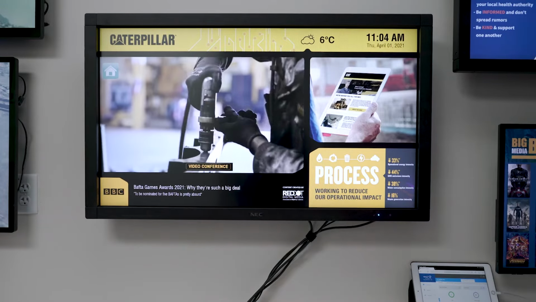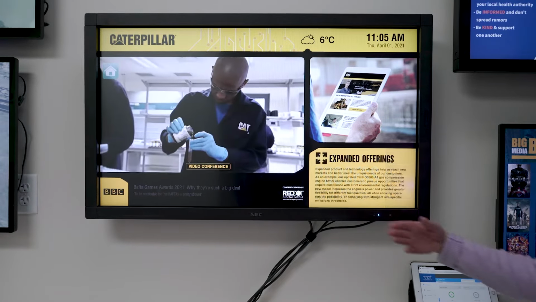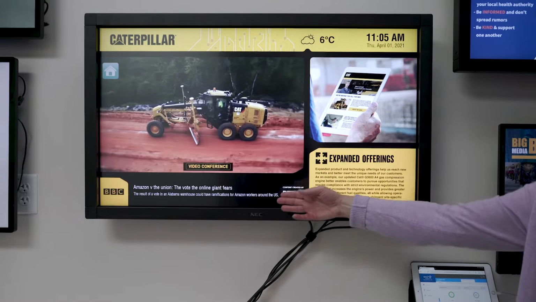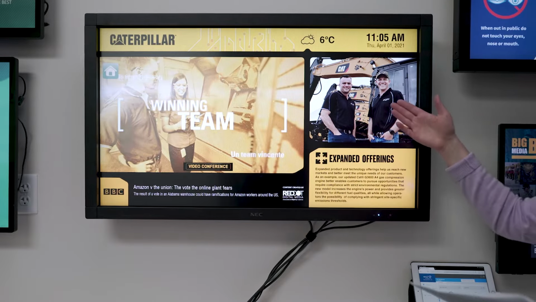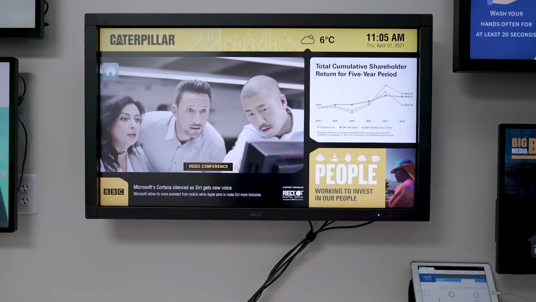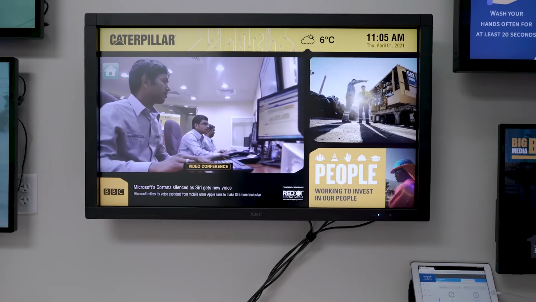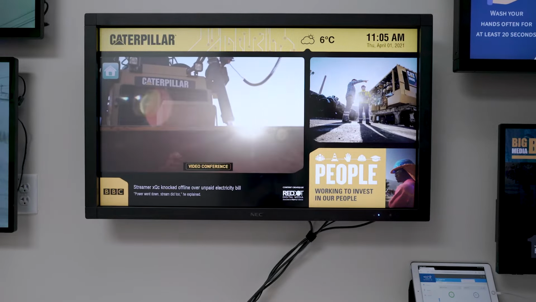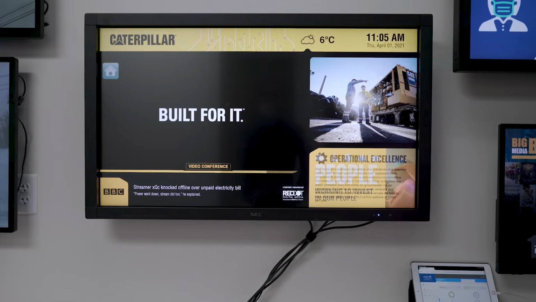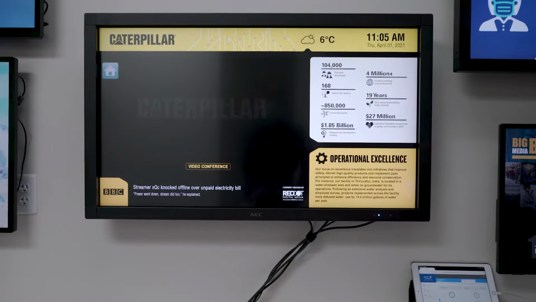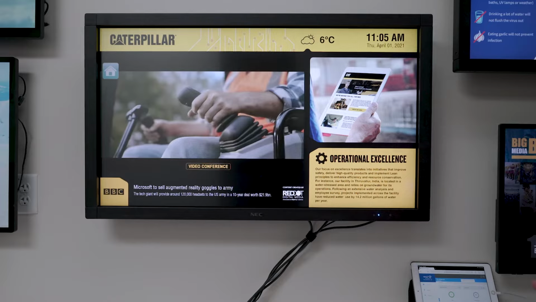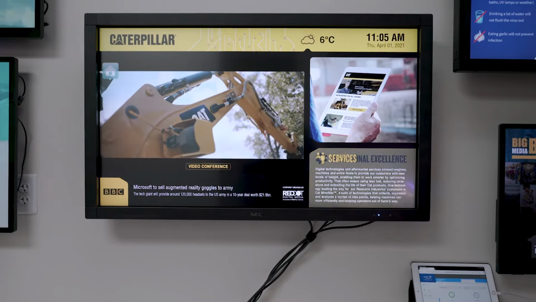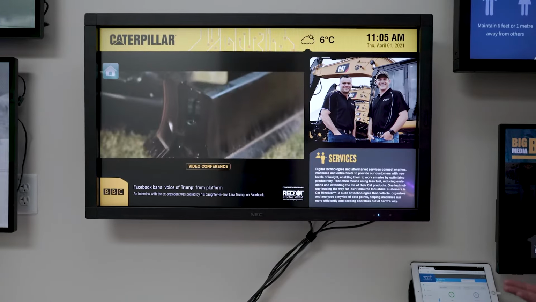It can be playing content such as this, where you see we have HTML content playing a news feed, weather, and time. It can also bring in Power BI statistics. We also have a video zone here, and with the BrightSign XT1144, it has an HDMI input. So we can trigger the player to switch from the digital signage we see now to whatever you'd like to display through that HDMI input, whether it's live TV, your laptop plugged in to show a PowerPoint presentation, or even your video conferencing solution like you see here.